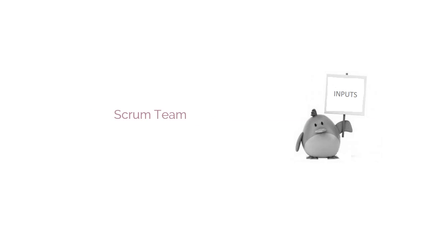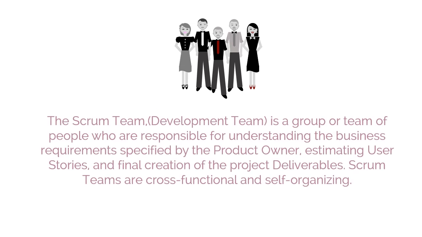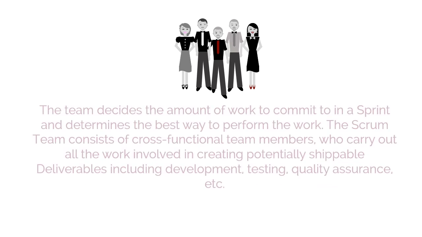Next is the Scrum Team. The Scrum Team, sometimes referred to as the development team, is a group or team of people who are responsible for understanding the business requirements specified by the product owner, estimating user stories, and final creation of the project deliverables. Scrum teams are cross-functional and self-organizing. The team decides the amount of work to commit to in a sprint and determines the best way to perform